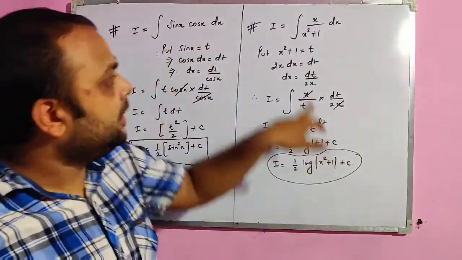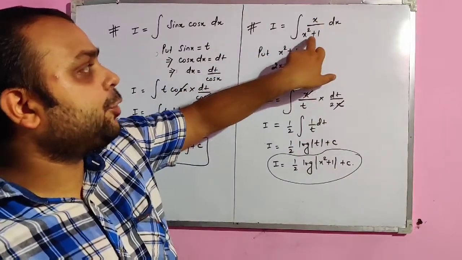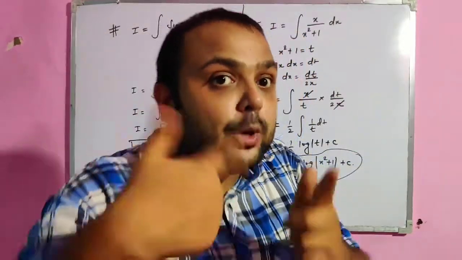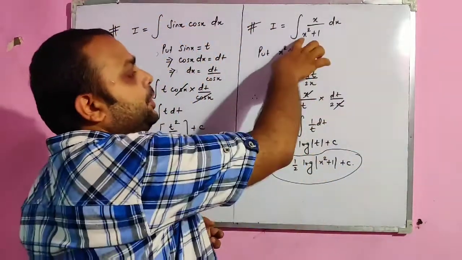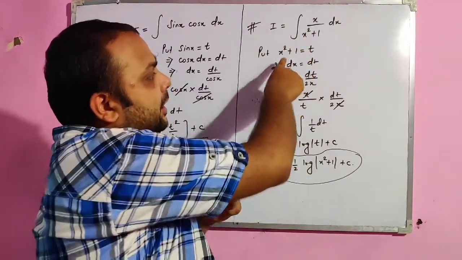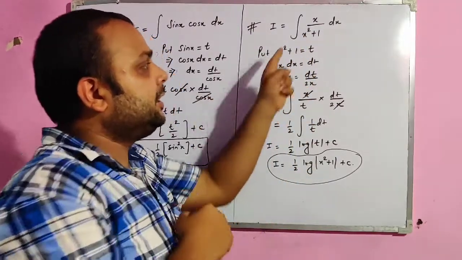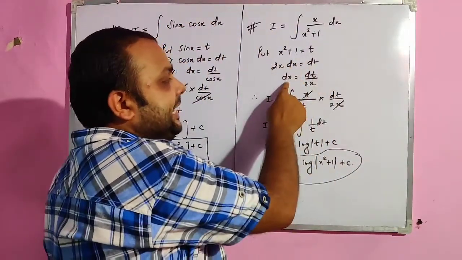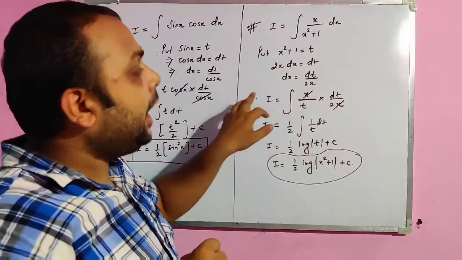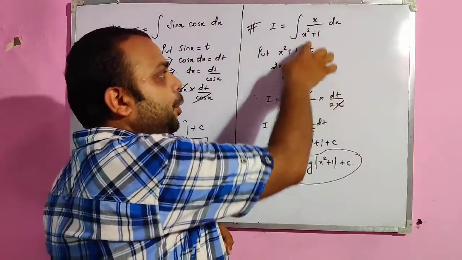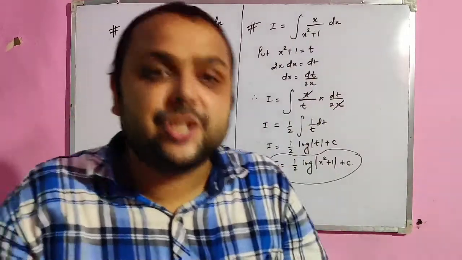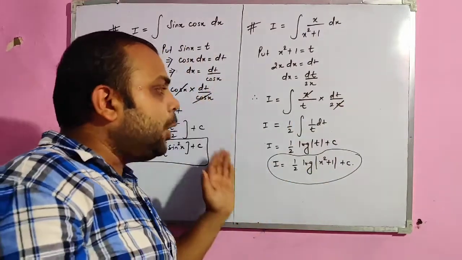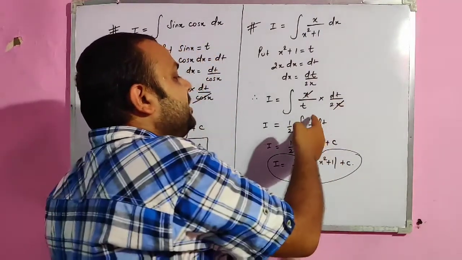Similarly, in this question, this is the integral of x upon x square plus 1. Now I have to see which value I should substitute in order to eliminate the other one. So I put the whole denominator as t. Now the differentiation of x square is 2x, and the differentiation of 1 is 0. So 2x dx equals dt, and dx is equal to dt by 2x. Now applying the values here, this is x upon t because x square plus 1 is t, and dx is dt by 2x. x and x are eliminated. The half comes outside because it is a constant, and this is 1 by t.